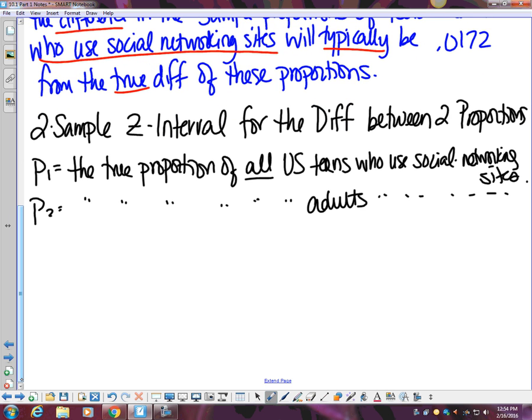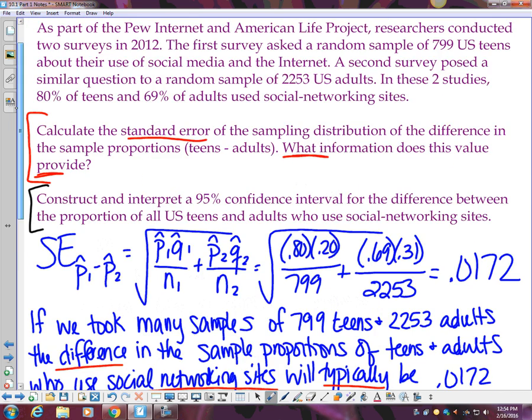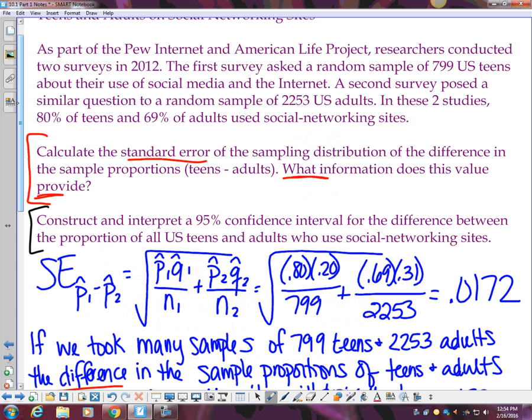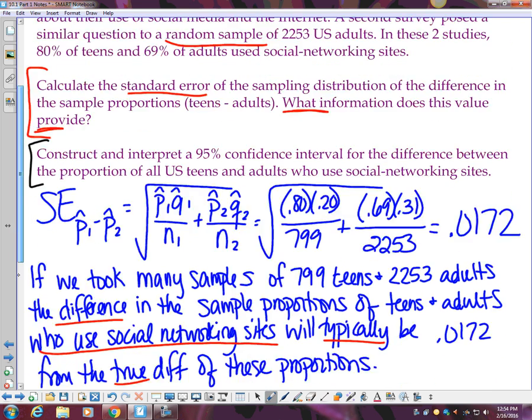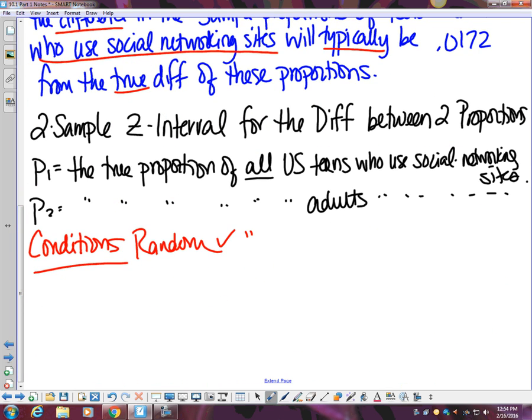So next thing, I think we should check our conditions. Okay, so first one, random. Let's go back and read. Random sample, random sample. So we are good. The next one,